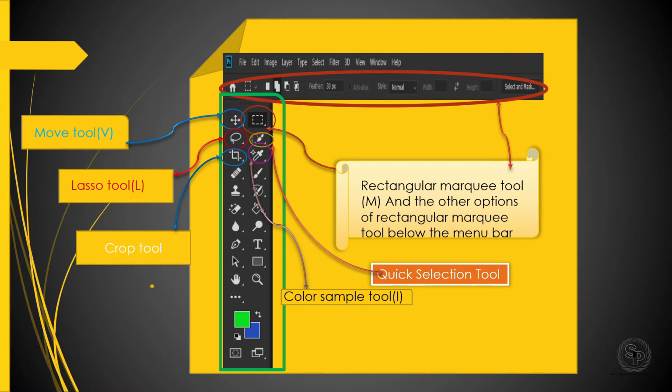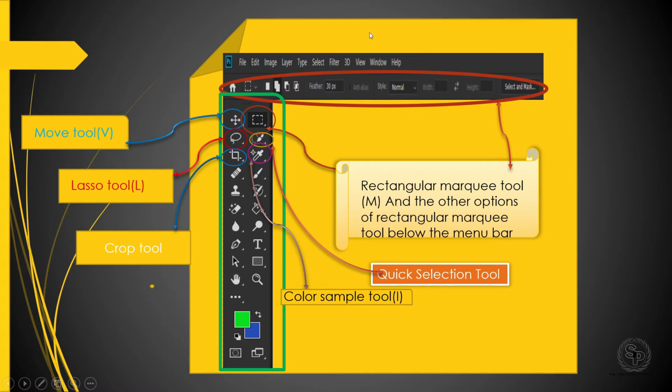So today we are going to start the next lecture of Photoshop, and in this lecture we are going to see the tools in Photoshop which are present in the toolbox. So take a look. As I told you earlier, the tool which I select, all the options that are related to the tool are shown here. Like here the rectangular marquee tool is selected, so all the options that are related to the rectangular marquee